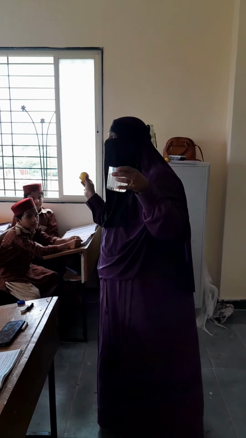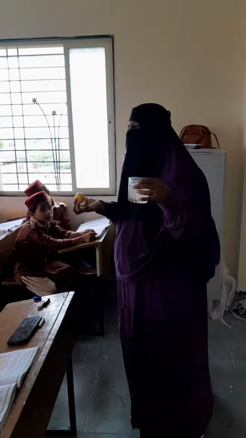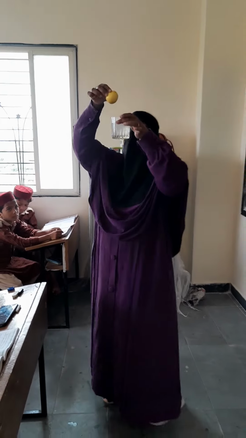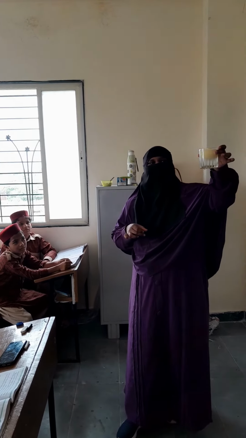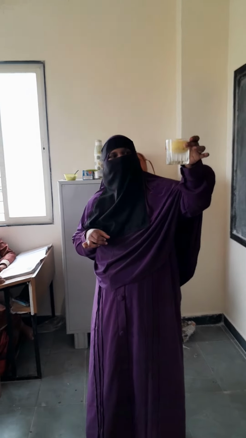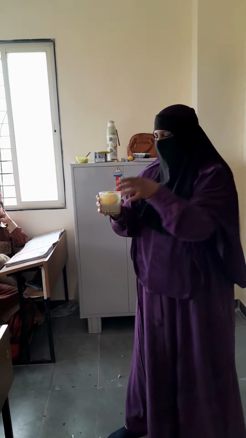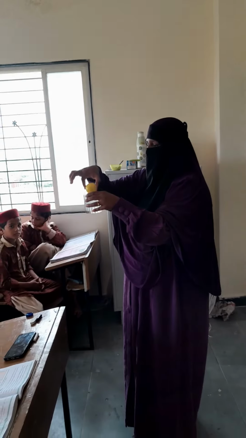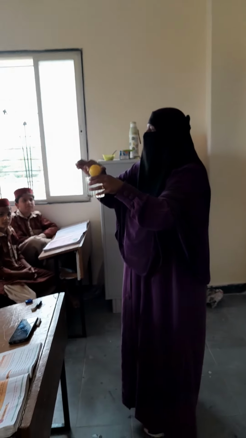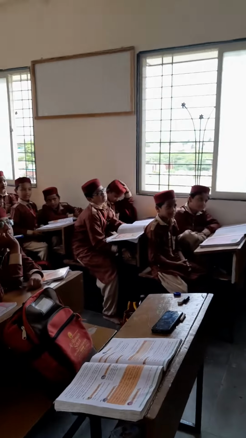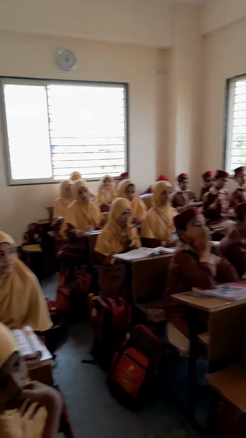Now this was heavier initially. It was sinking down. Now I have increased the weight of water. Now let's see what happens to the lemon. Yes. Now the lemon is floating. Now it has become lighter. Why has it become lighter? Because I increased the density of water. Understood everyone? So lighter objects float and the heavier ones sink down.